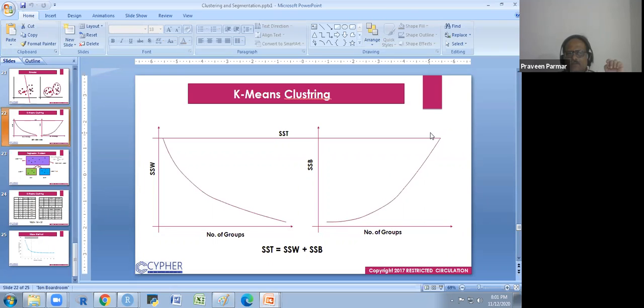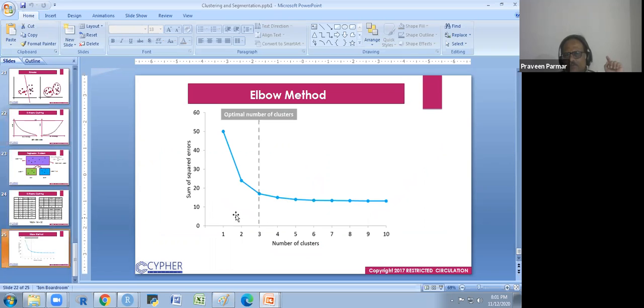So we require the optimum number of clusters. For that we use the scree graph, the elbow curve method, by which if the sum of squared error is not decreasing drastically, then we stop and take that number of clusters. Got it?